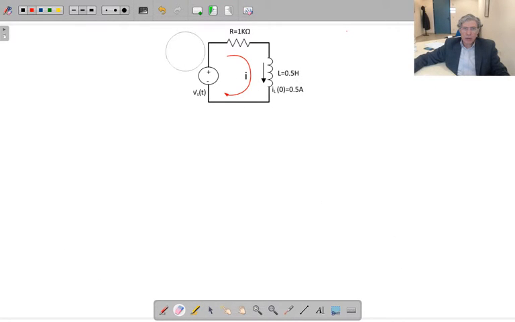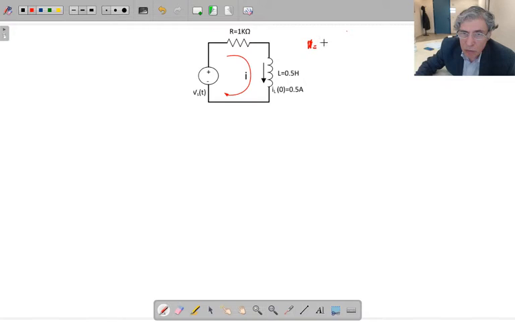In this circuit, we've got two energy sources. One of them is this independent voltage source, and the other energy source comes from this inductor. So this energy is, let's make it E equal 1/2 L times IL0 squared. Energy source 1. The other energy source is that independent voltage source,